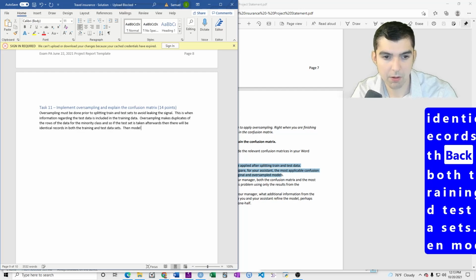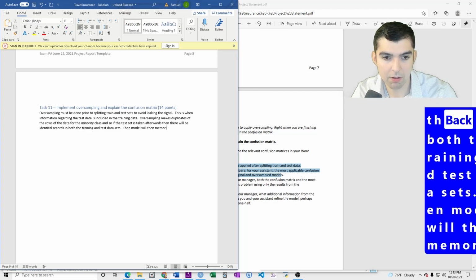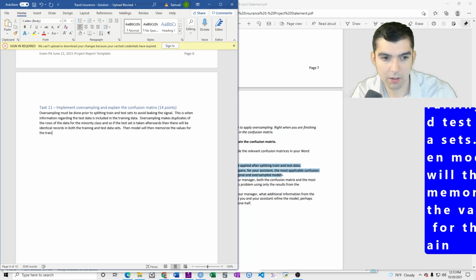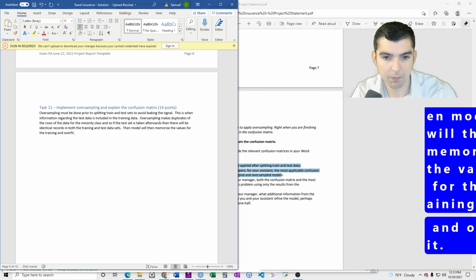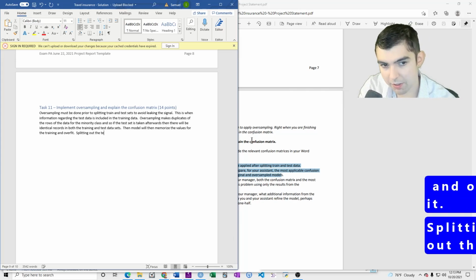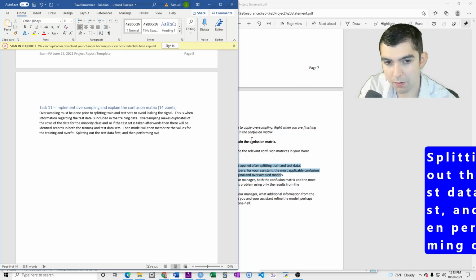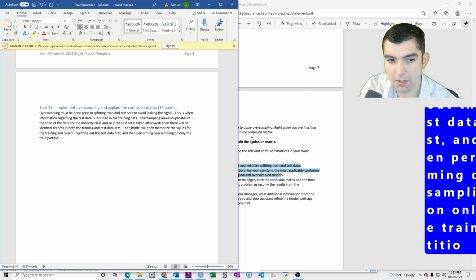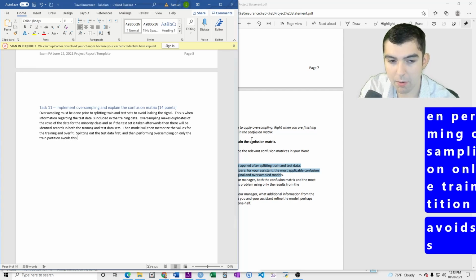The model will then memorize the values for the training and overfit. Splitting out the testing data first and then performing oversampling on only the training partition avoids this problem.